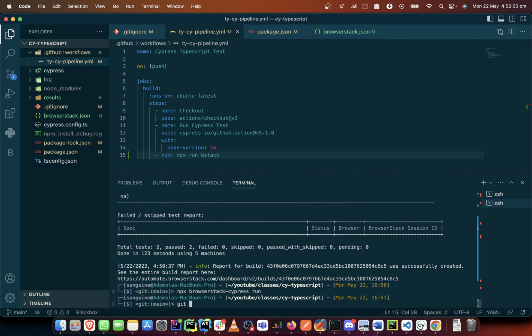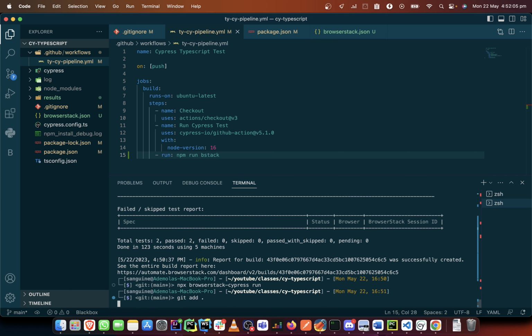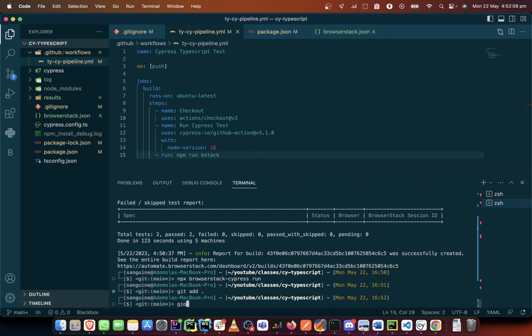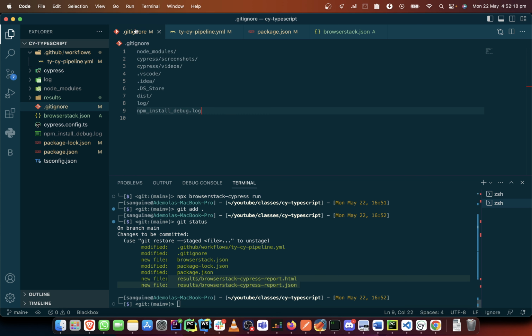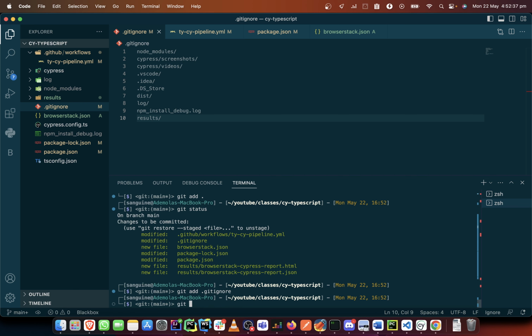So we have so many file modifications, so we can as well just say git add a full stop. We can check the status of what has been added. Oh, we have new file creation which shouldn't be there, so we want to remove this and also add to the gitignore. So we just say results. So with results all added, let's add that to git add. Since it's just a single file this time, we say gitignore. That's the only thing that we added. We check the status again,